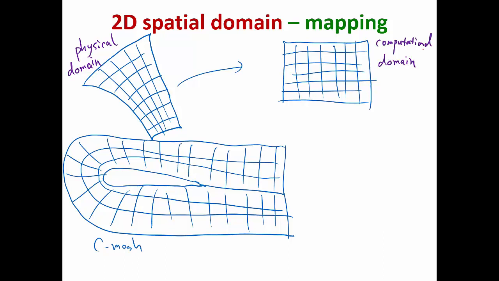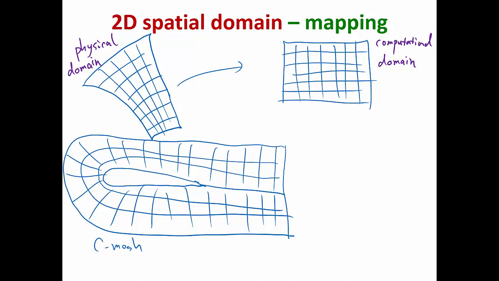All right. So let's say I have an equation that describes the physics on the physical domain. The question I want to ask is, can I solve the equation on the physical domain by solving a similar but maybe different equation on the computational